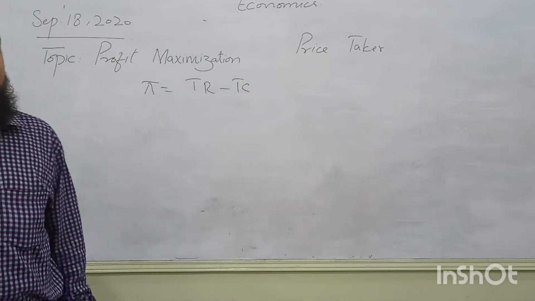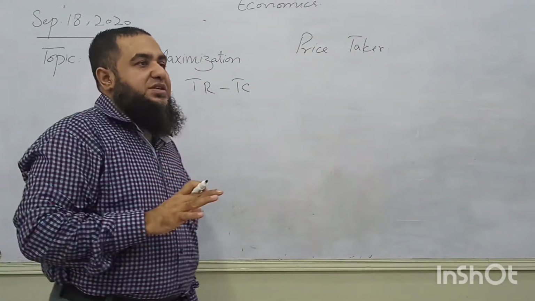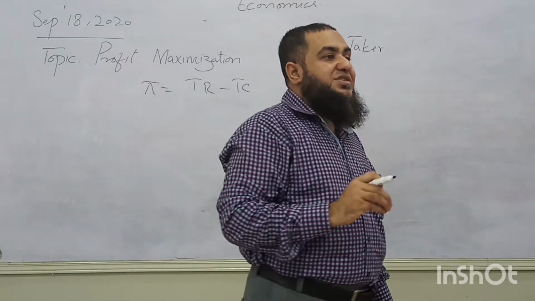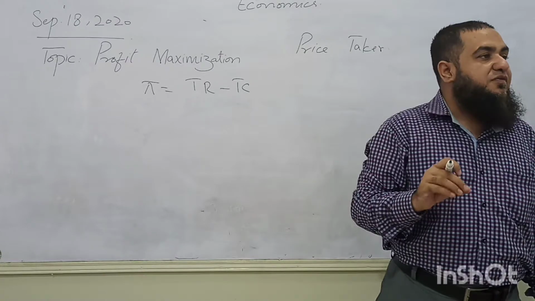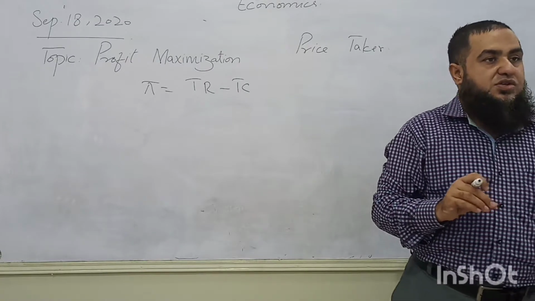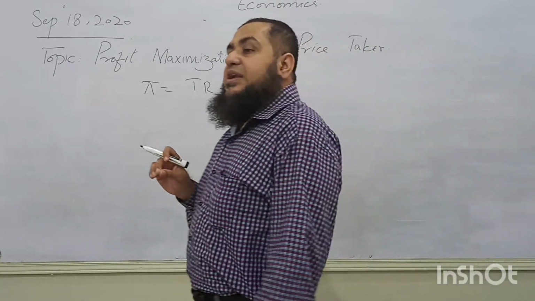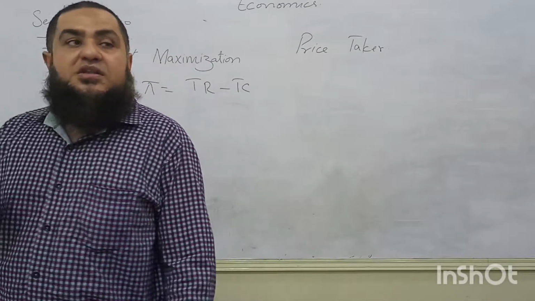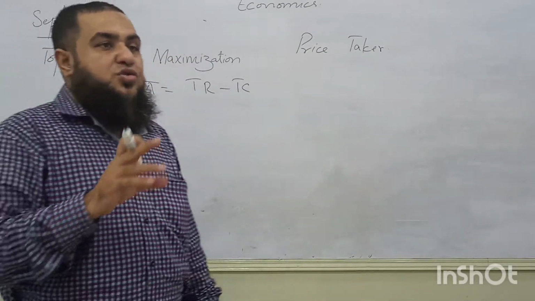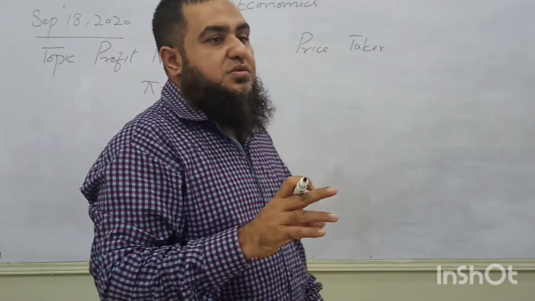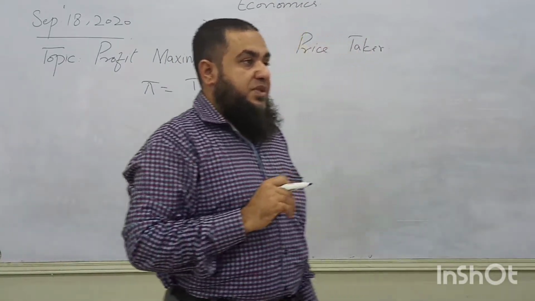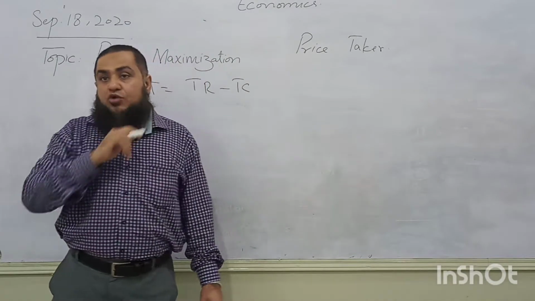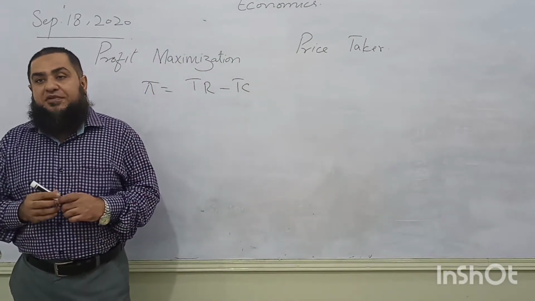Because the gap between revenue and cost is present, but the firm has to decide that level of output where its profit will be maximized. So keep it in mind, it is the point where the slope of total revenue equals the slope of total cost. That level of output will maximize the profit.